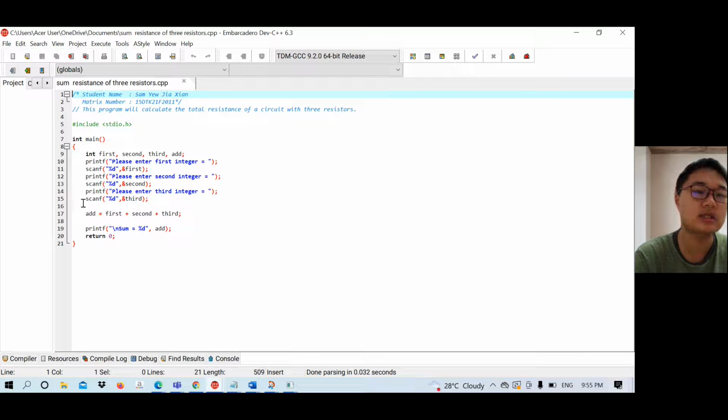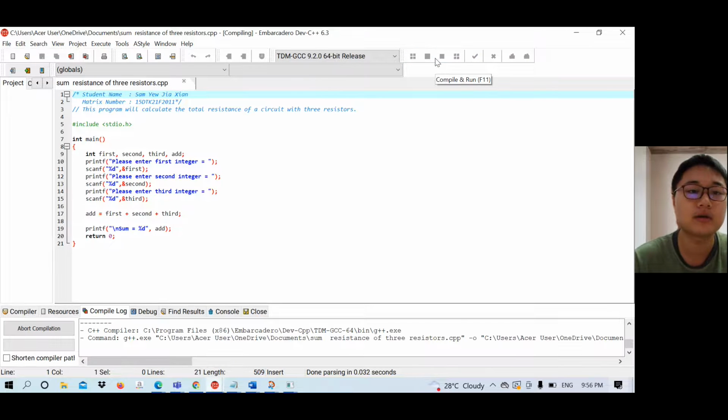The 3 scanfs are with %d, &first, &second, &third in ascending order. Add equals first plus second plus third, printf. This is the output: sum equals %d, backslash n. Add, return 0. So I'll compile and run this program